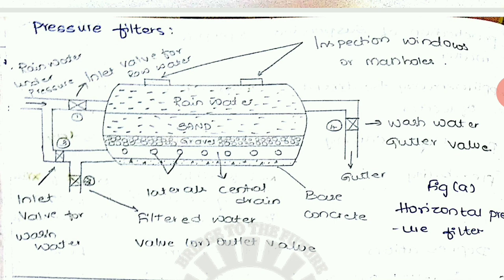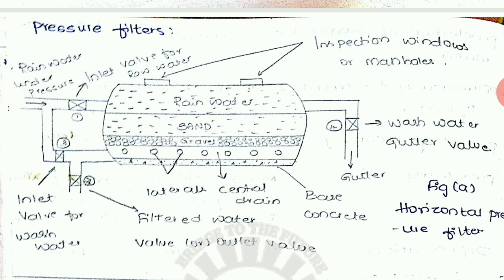The cylindrical type, made of metal, is a cylinder placed horizontally. Within this cylinder, the filter media is provided with a sand and gravel layer, and as usual an inlet and outlet are provided. The inlet and outlet are connected to the cylinder, and also a valve is provided for washing the water